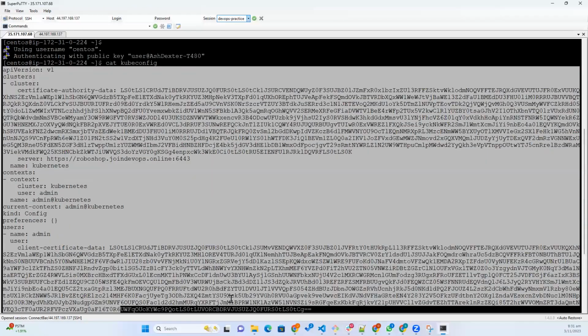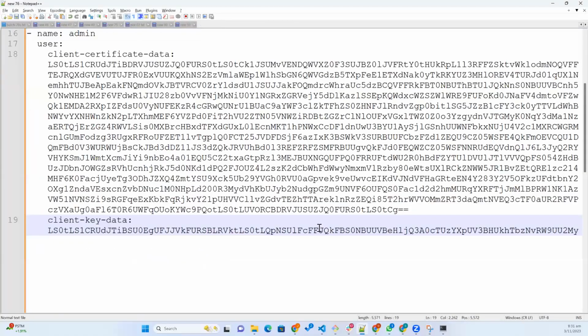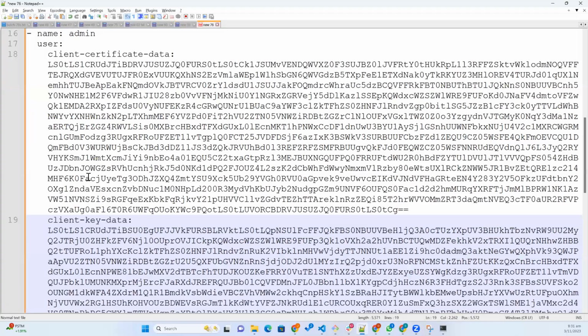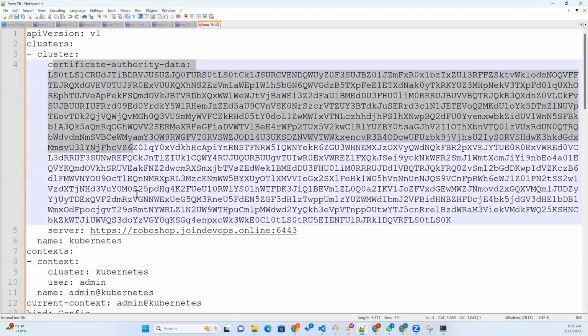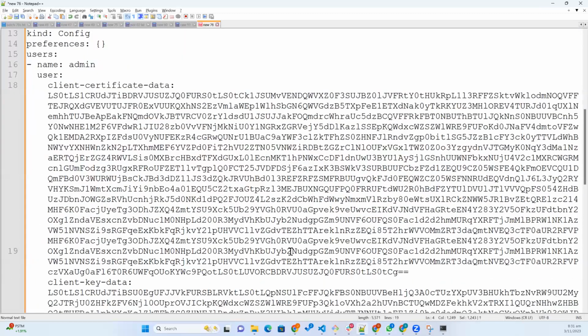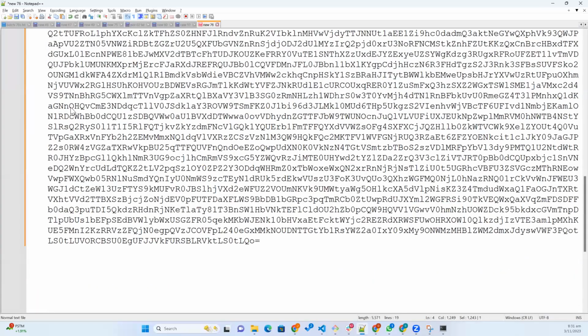So this is the full authentication information, so you need this generally. You can see here you have all the details available: your endpoint, and then your cluster certificate, everything. So this is the authentication information generally. So you need this anywhere to connect to the